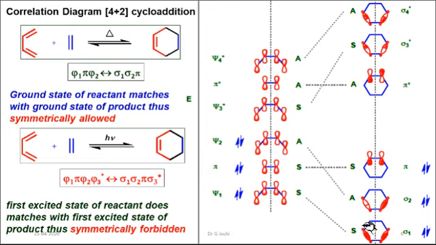Basically, when we consider the sigma system, we know that a sigma bond is more stable than a pi bond. Therefore, there will be an energy drop after the formation of the sigma bond. Hence, we'll assign the sigma bond as a lower level. Pi will remain as it is. Similarly, the antibonding of the sigma bond will go up like this. Okay, and pi will remain as it is.